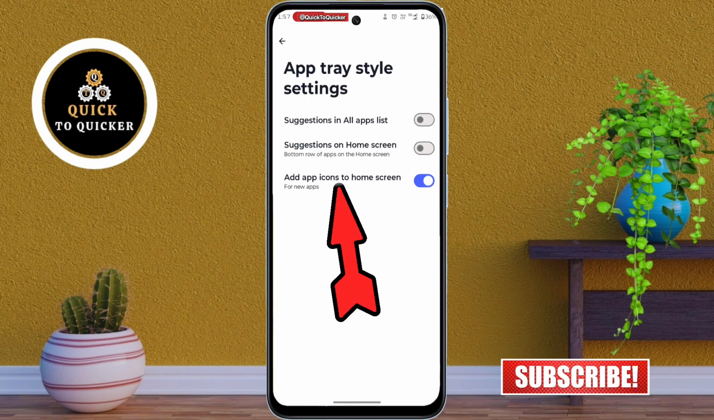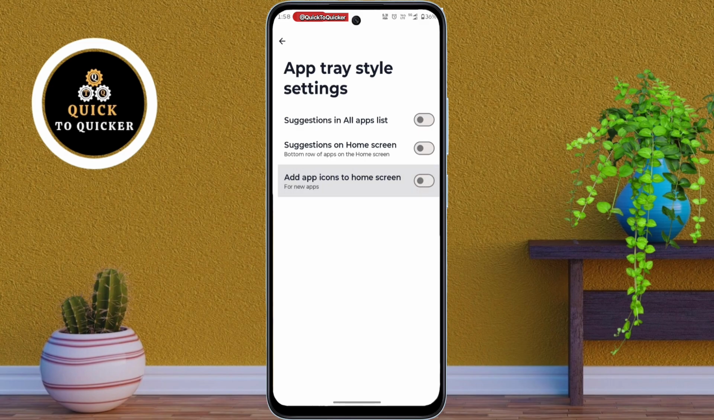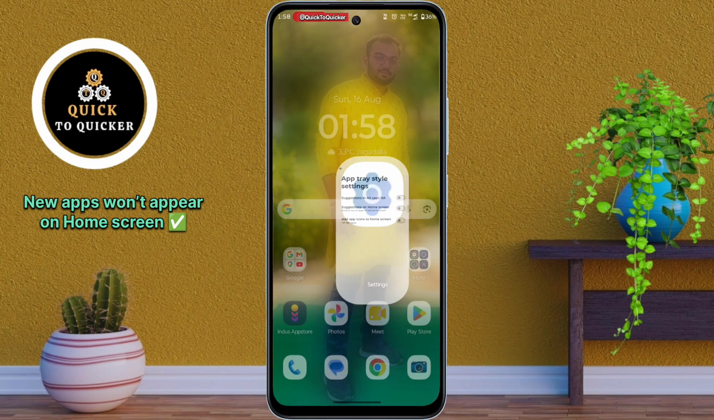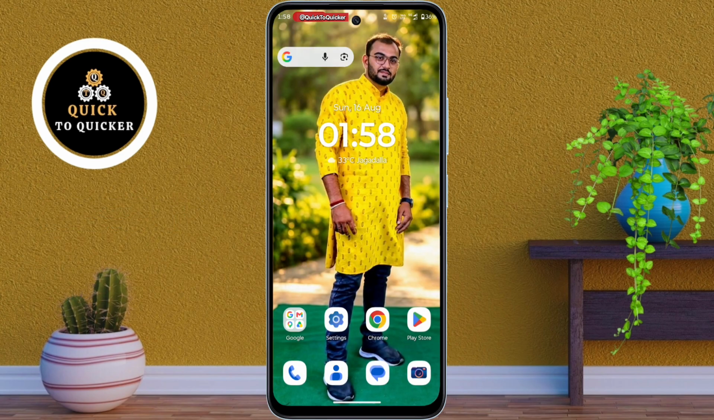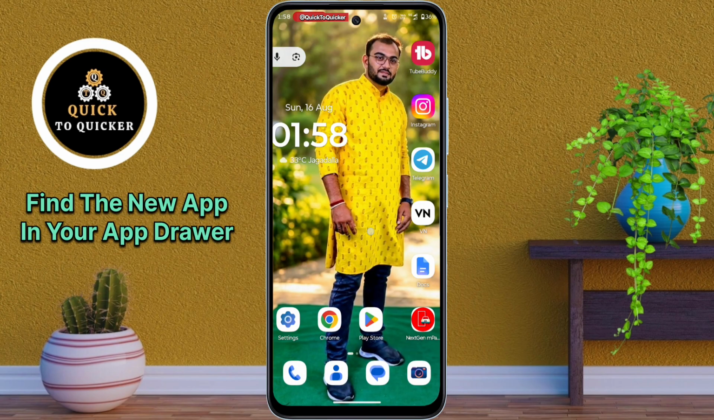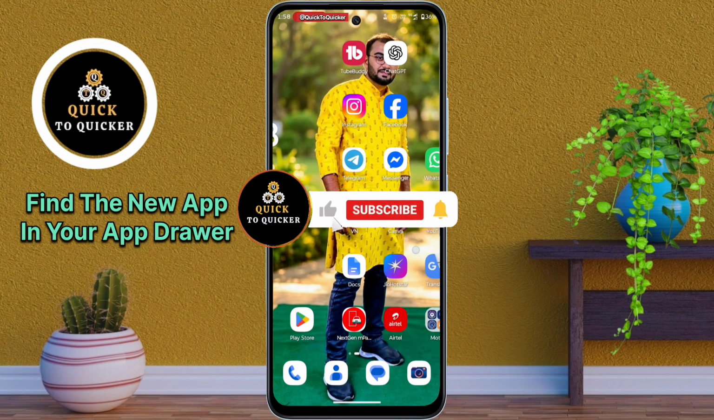Now turn off the add app icons to home screen option. And that's it. Now when you install a new app, its icon won't automatically appear on your home screen on Motorola. You can find the new app in your app drawer by swiping up from the bottom of the home